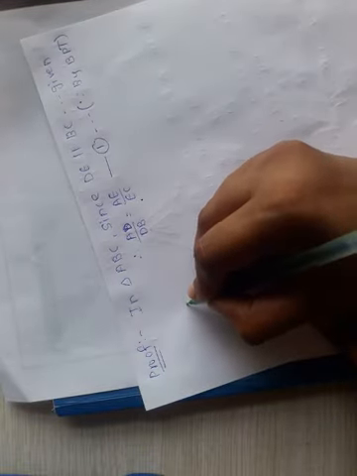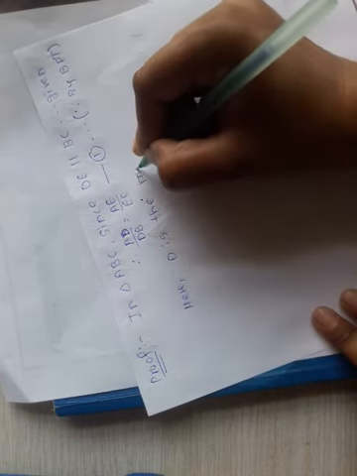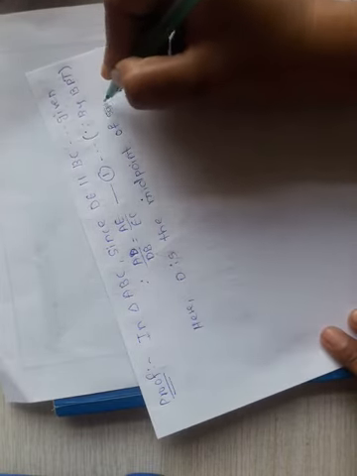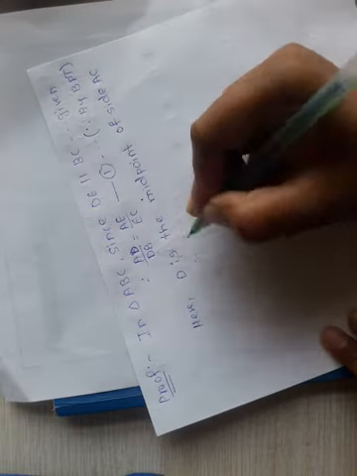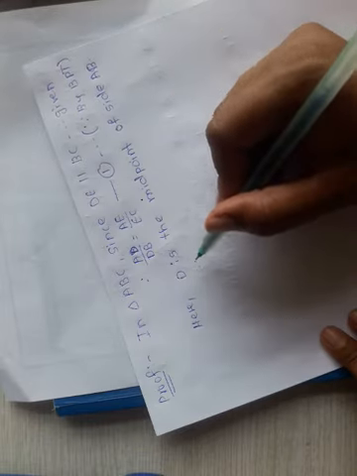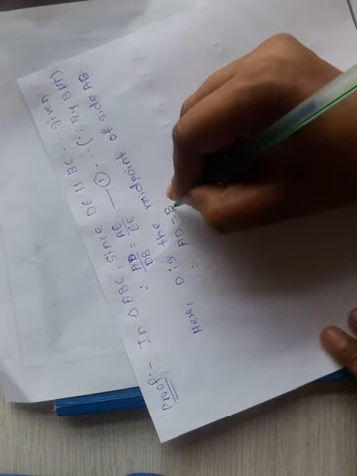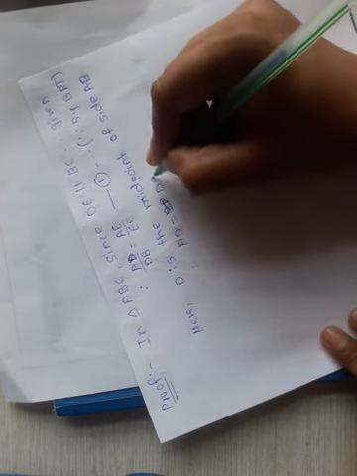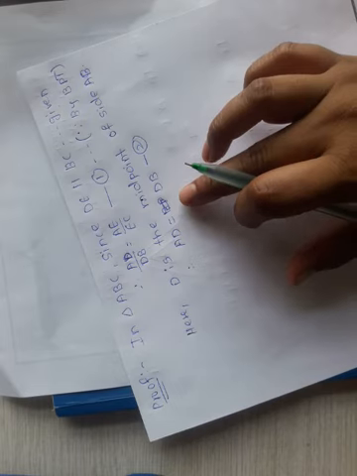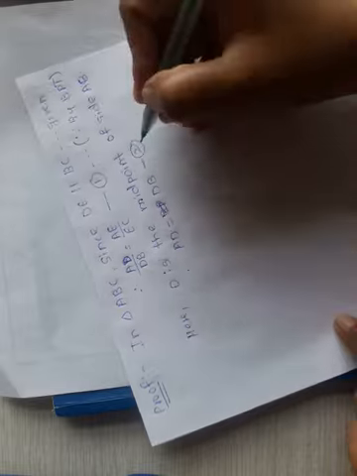Again, what is given to us here? D is the midpoint of side AB. This is also given to us, and if D is the midpoint, then it divides side AB into two equal parts, meaning we can say that AD is equal to DB. This is our equation number 2. Why are we writing this? Because D is the midpoint, so D divides AB into two equal parts, so AD is equal to DB.